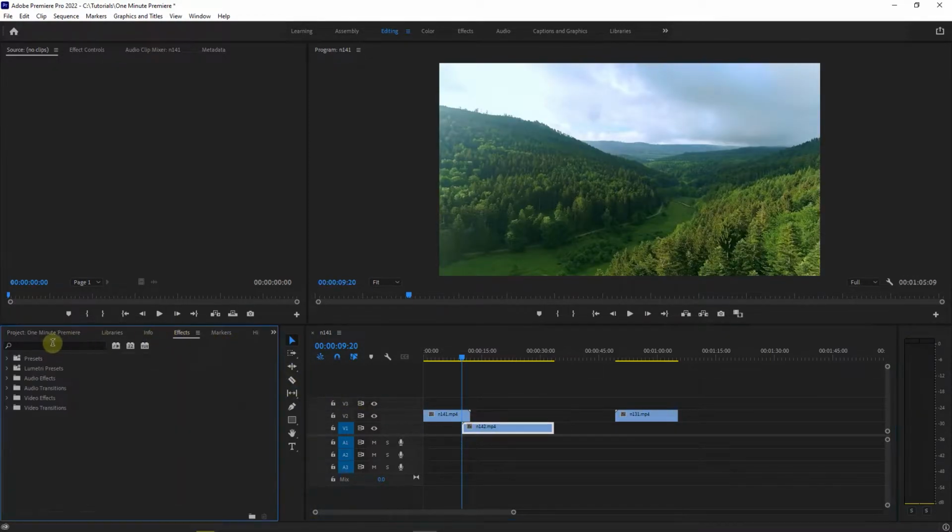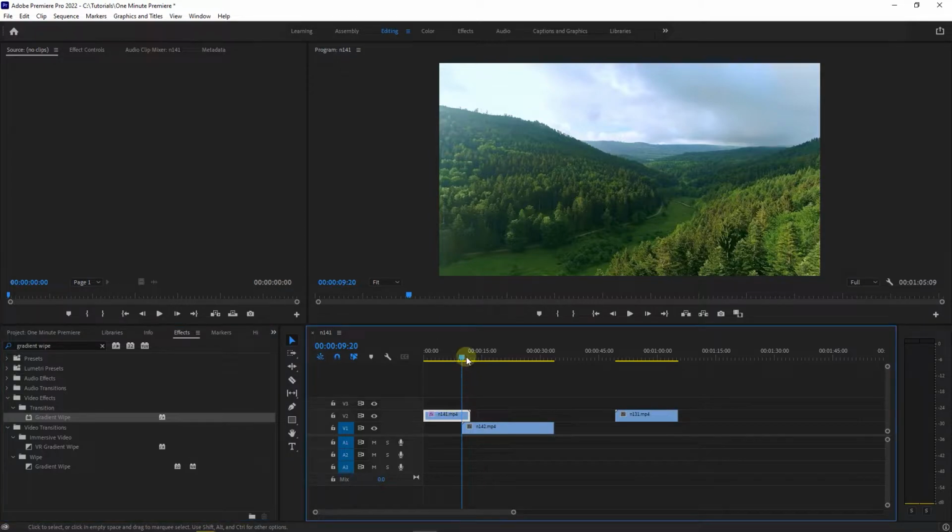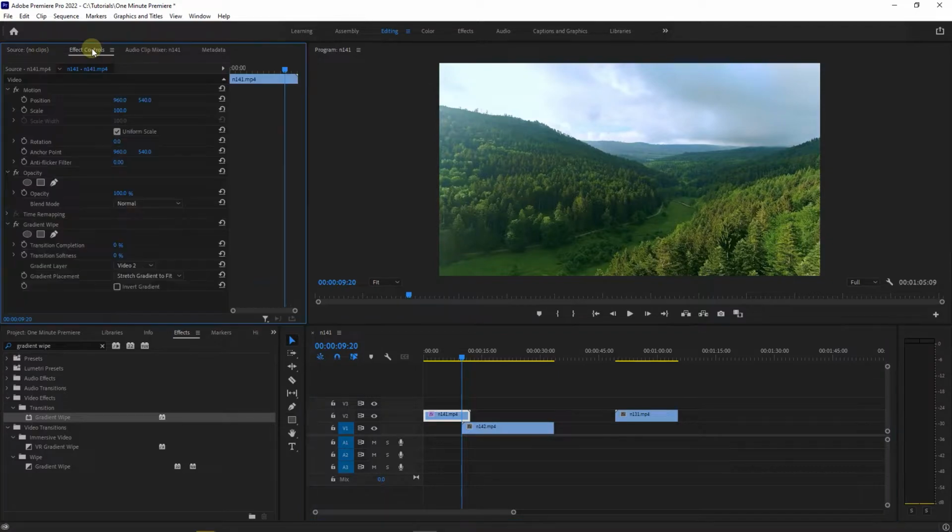Now go to Effects panel and search for Gradient Wipe. Drag and drop Gradient Wipe effect into your first video. Now move the playhead at the start of where videos overlap and select the first video and go to Effect